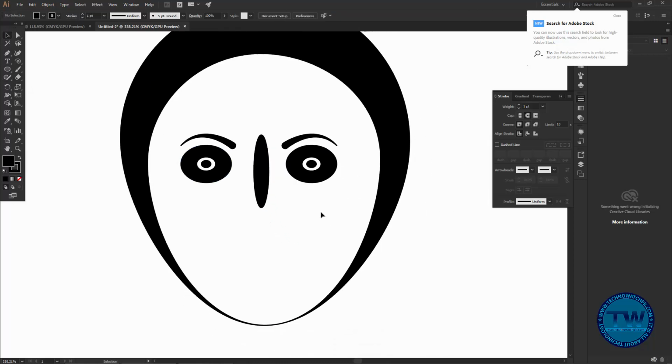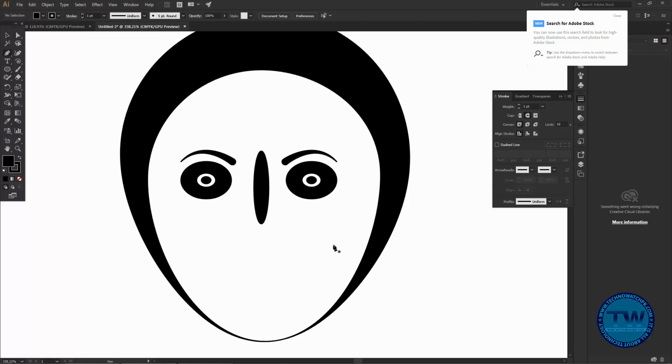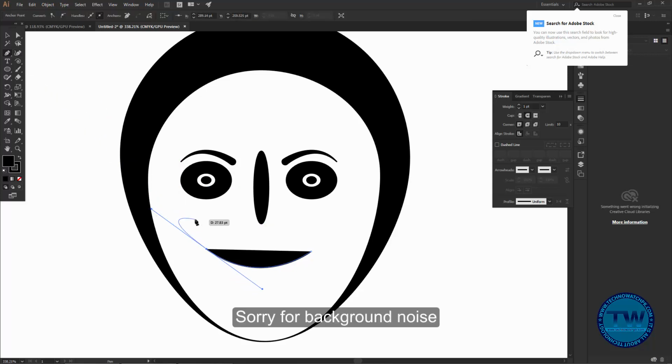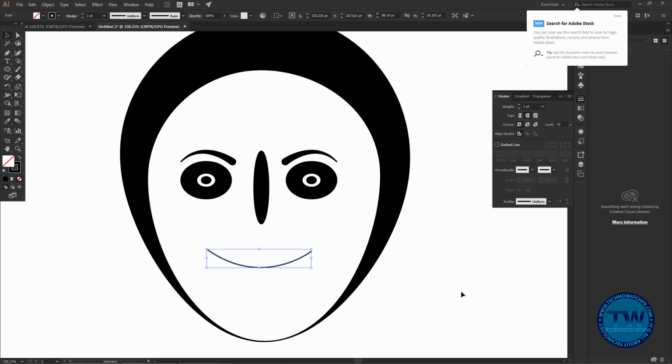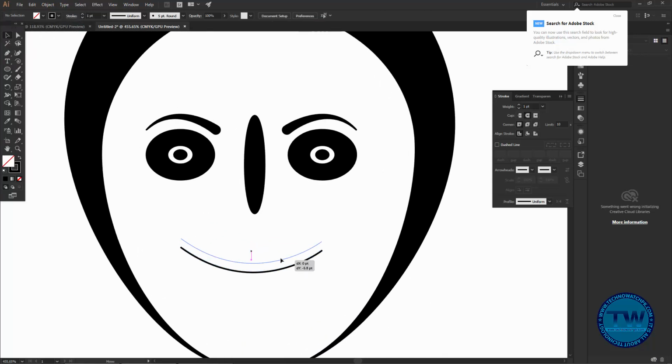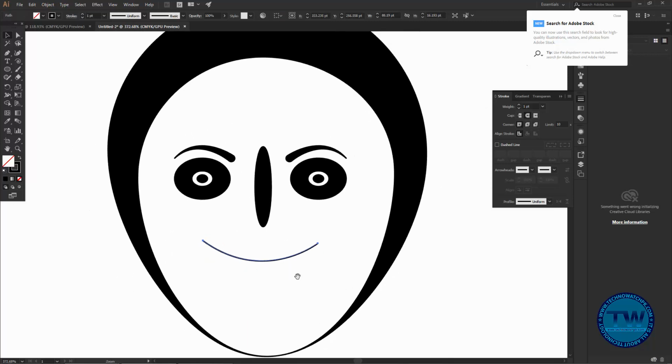And now again choose the pen tool by pressing P and click here and then click here and make an arc like this and press the escape key and make its fill nil, and then put it a little bit upside.